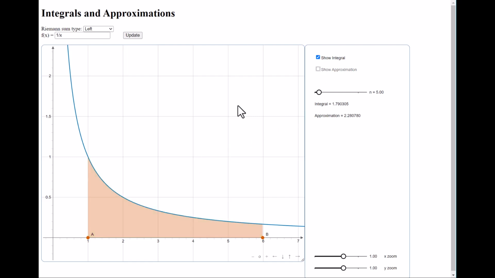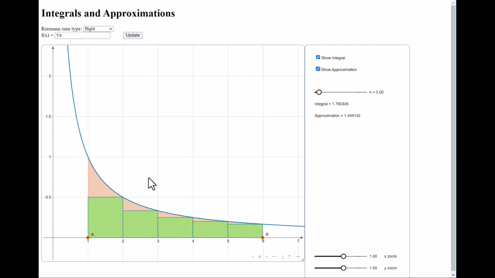Let's suppose that this is going to 0 fast enough to converge. Well, using left endpoint rectangles is not the only way to get the approximate area under a curve. We could use right endpoint rectangles, and that would look like this. All of these rectangles would be smaller in value than the integral. So if the integral were converging, then all these right endpoint rectangles would sum up to something smaller than that